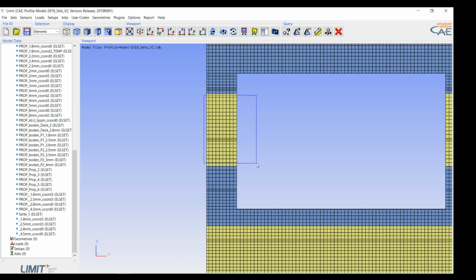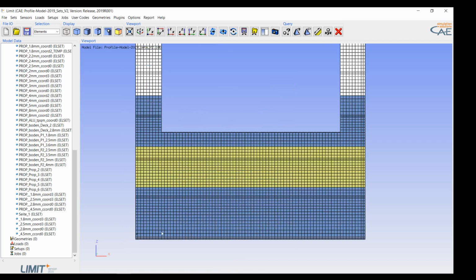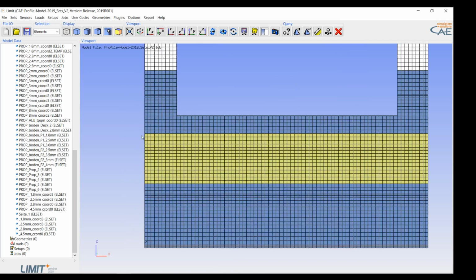And I will store these elements, and what you need is a certain prefix. So here we are, and I will store these elements as prof, for profiles, underline, I will call it side underline 1. And then I can hide these elements,